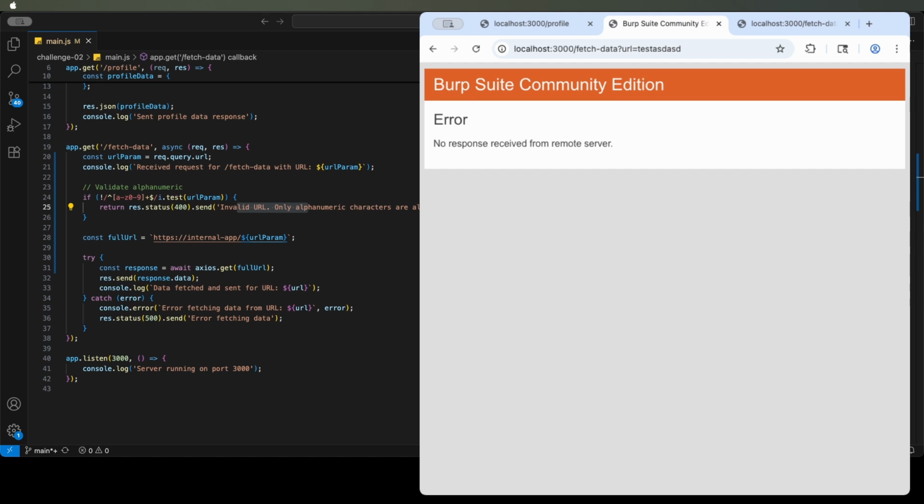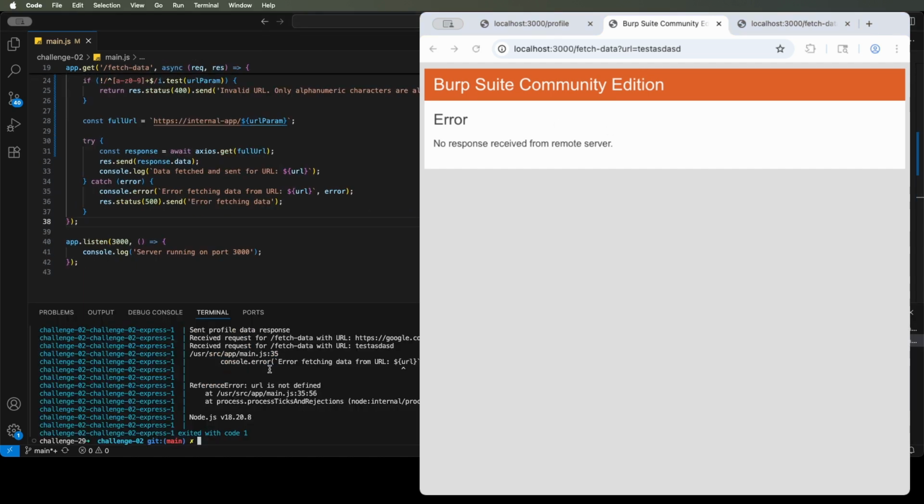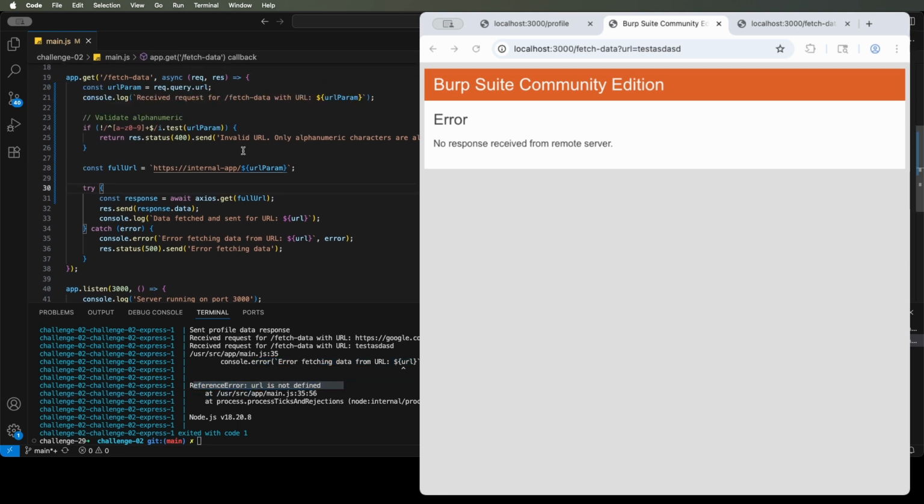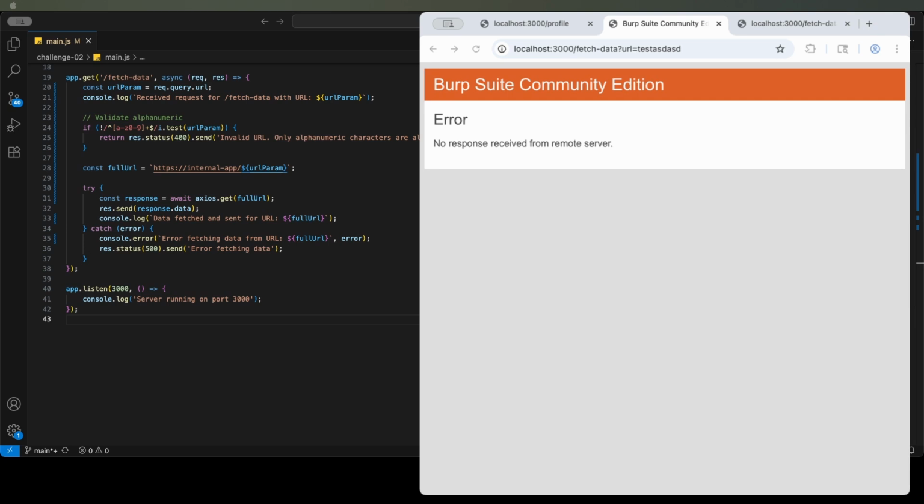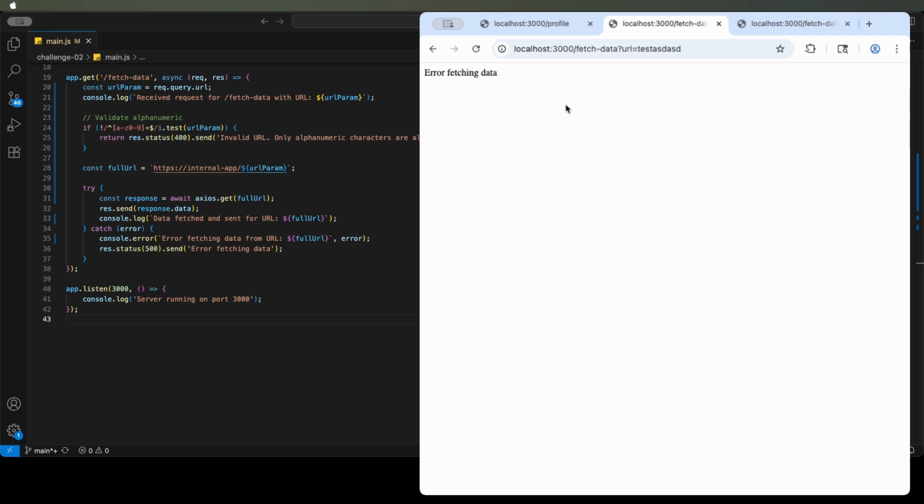Oh, that's not good. So I did some quick debugging and decided to actually leave this in the video, because why not? And what we can see here, so this is the logs from this Docker Compose instance. And we can see here error fetching data from URL and reference error URL is not defined, which makes sense, right? Because this variable const URL doesn't exist anymore. But now what we have is full URL, right? Okay, so I redeployed the Docker image and now let's try this again. And okay, we still get an error fetching data, right? Which is because this